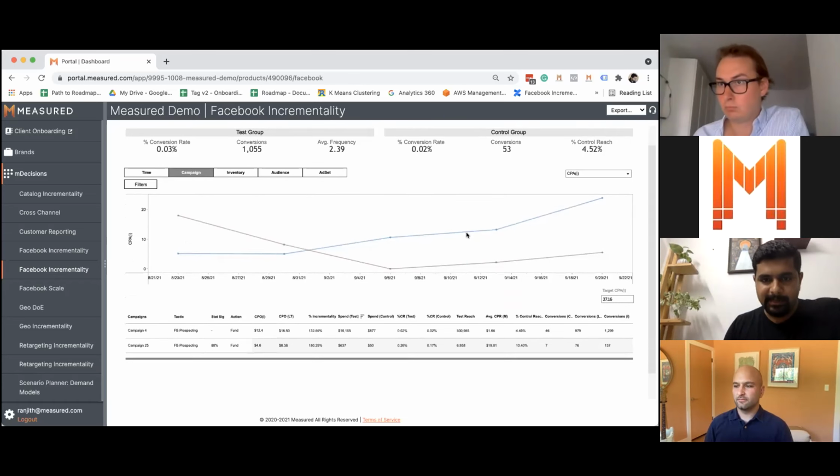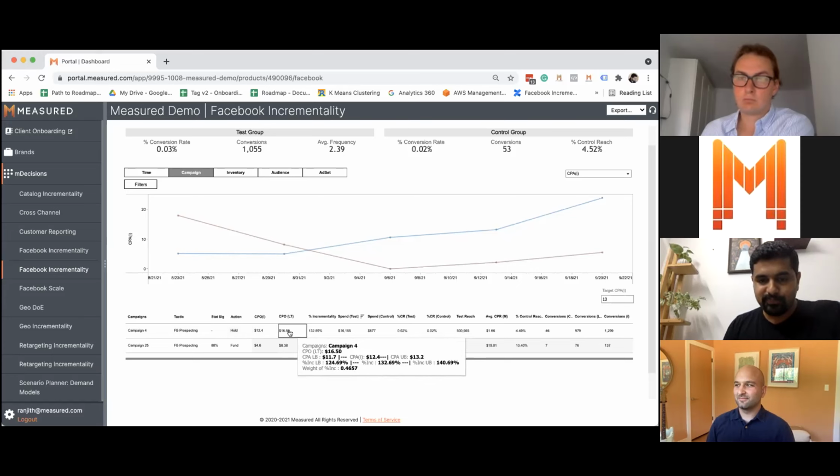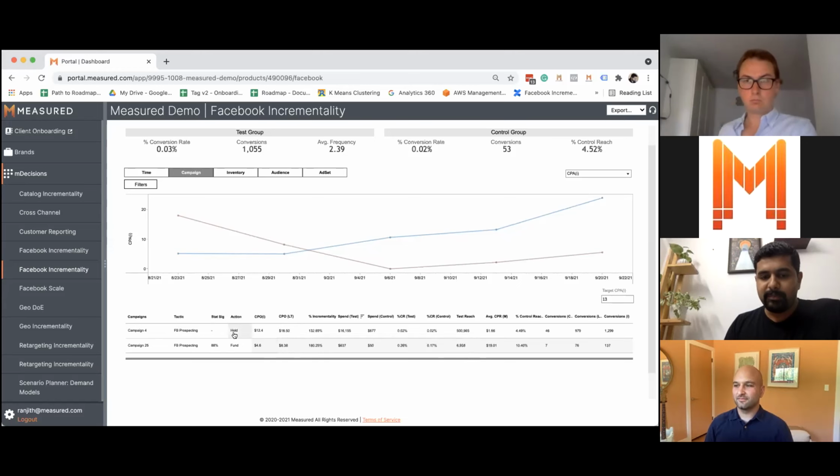So what do you do with this insight? Let's go a little bit deeper. There are two Facebook prospecting campaigns. Let's say this brand has set an incremental CPA target of $13. With reference to that target CPA value, how are these two campaigns performing? The first campaign, if you look at the incremental CPA value, is between $11.7 and $13.2, which is actually hitting the target. So we would recommend in this case you hold spend. You can keep spending on this campaign.